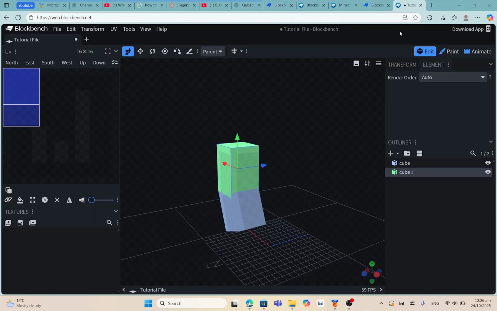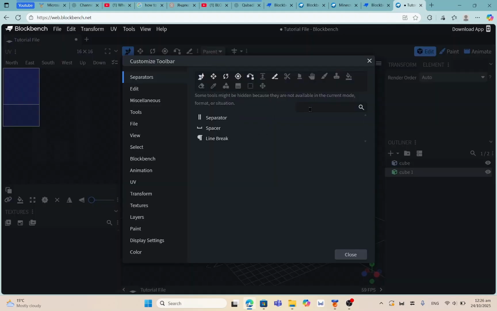So the way to fix this is actually pretty easy. You have to go to the toolbar here, customize toolbar, and here we will have to search for the tool Inflate. Let me show you. Inflate. This is the tool I mean. Click plus to add it here. And as you can see, the inflate tool, we can see it here. If I close this tab now,